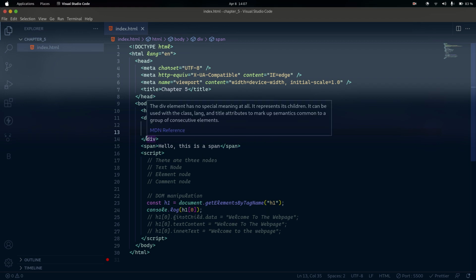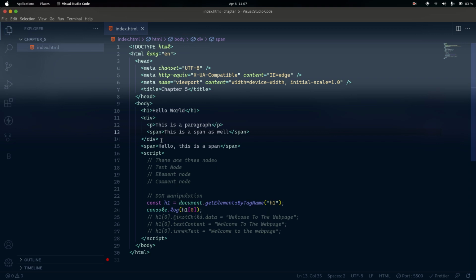Now the thing that I want is to access this div and manipulate this HTML. Let's say that I want to go ahead and add some more stuff in this div. So how can I add that? To add that, we're simply going to use something like, let's go for an example, const div equals to